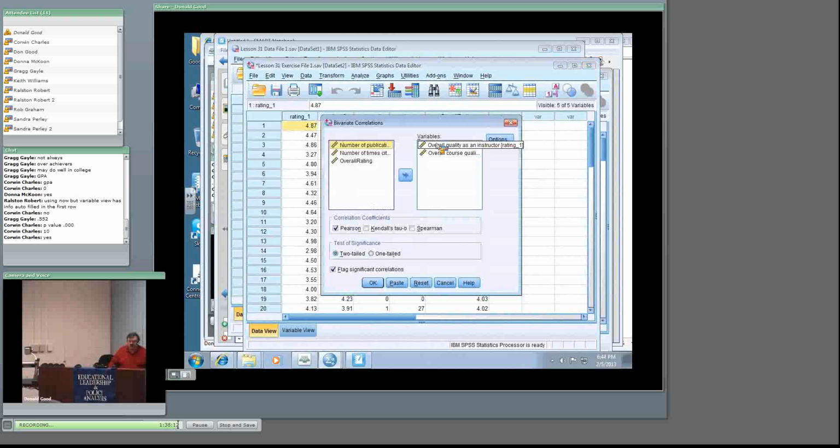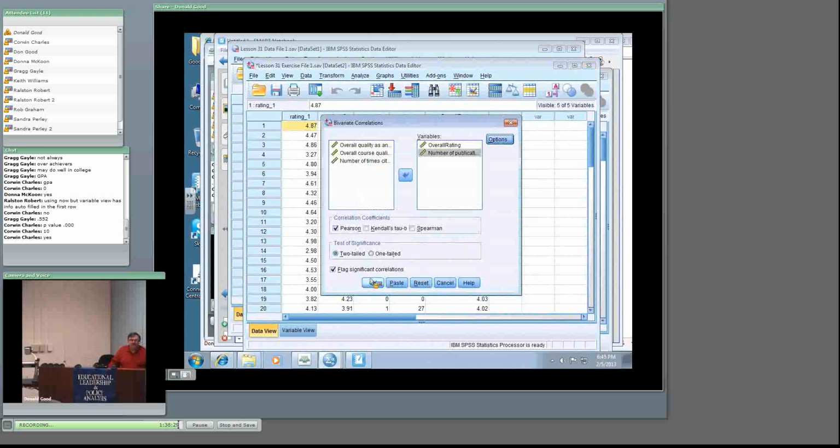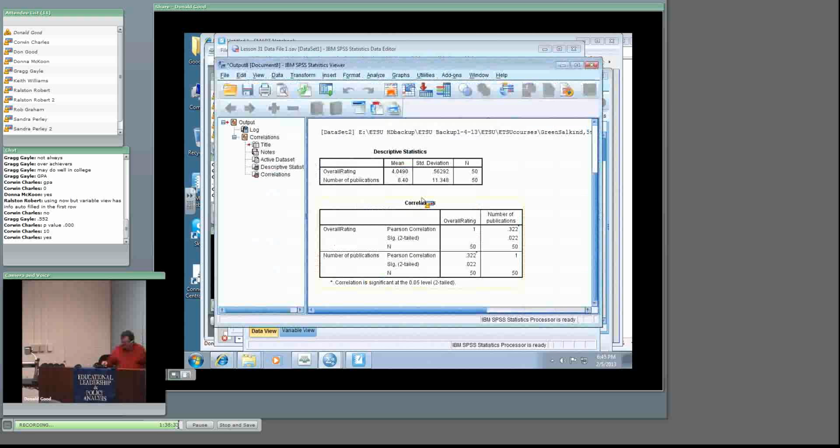I don't want this stuff anymore. I now want overall rating and number of publications. I need my means and standard deviations selected. I'm ready to click OK to get an output window, and if I look at the key part, which is right here,